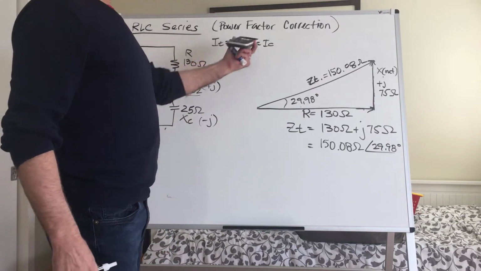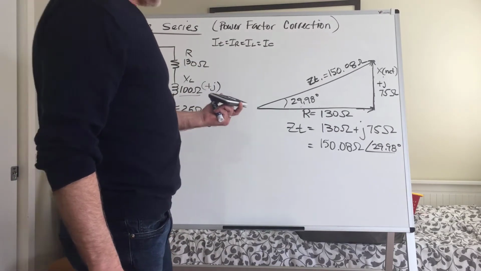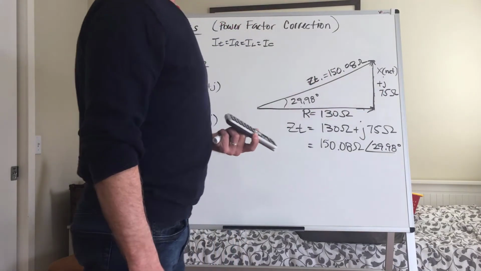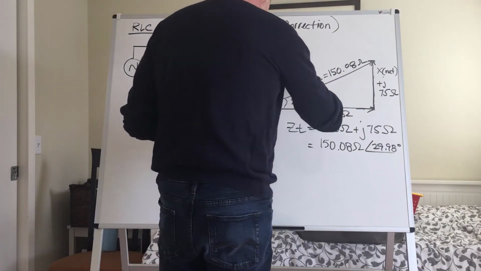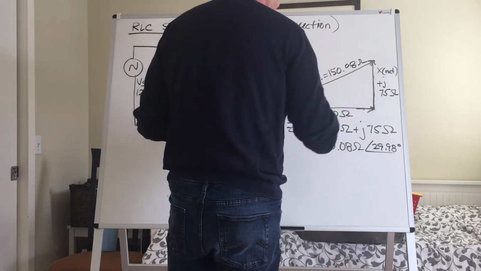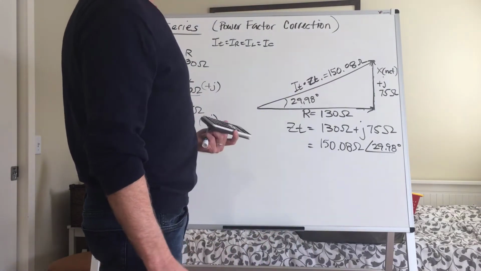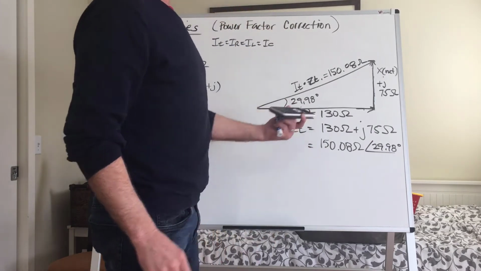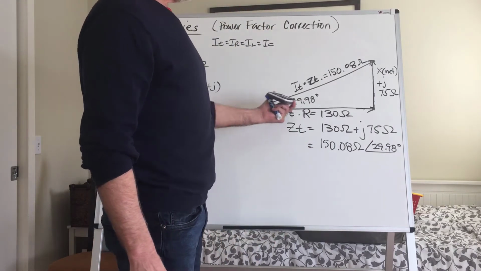That means our common quantity of current, when multiplied by each one of these values, is going to give us I total times Z total, which we know is V source, I total times R, which we know is VR,